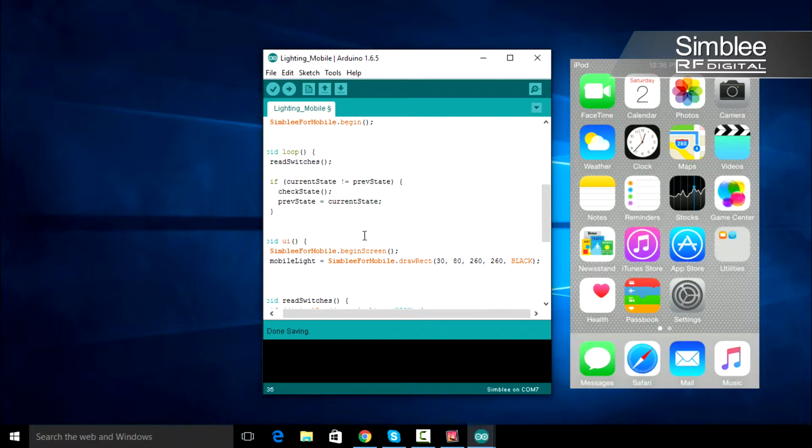Next, let's draw our on and off switch using SimbleeForMobile.drawSwitch. We'll pass 2 arguments, first our X location and second our Y location. We'll draw our switch at 135X and 380Y. Make sure to save this switch in the mobile switch variable. Next, we'll draw text to indicate if the light is on or off, and save this object ID in mobile text. Type mobile text equals